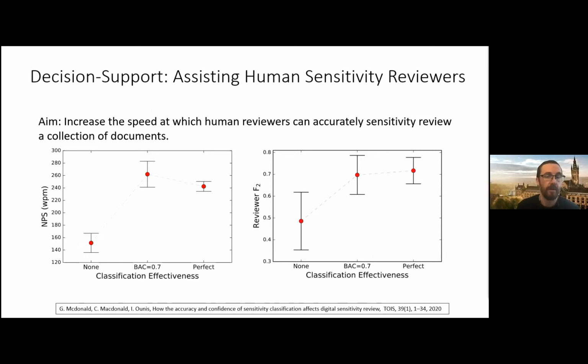What we've done here, for both approaches, is a classification user study where we evaluated 3 treatments. The first treatment, none, is where the reviewers are not provided with any classification predictions at all. So this is just their normal reviewing environment. We gave them 2 classification treatments. The first one, balanced 0.7, is a classifier that is